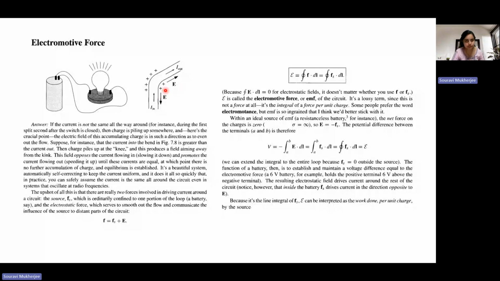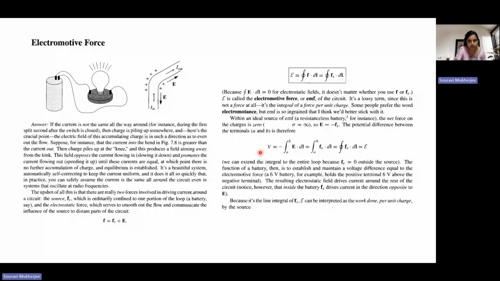Okay, so basically, there are two forces that are acting. One is from the source, which we term Fs. This you can tell as a force per unit charge. And then you have this electrostatic force, which comes because of this field. So you can say that F is equal to Fs plus E, and these are the two forces that are